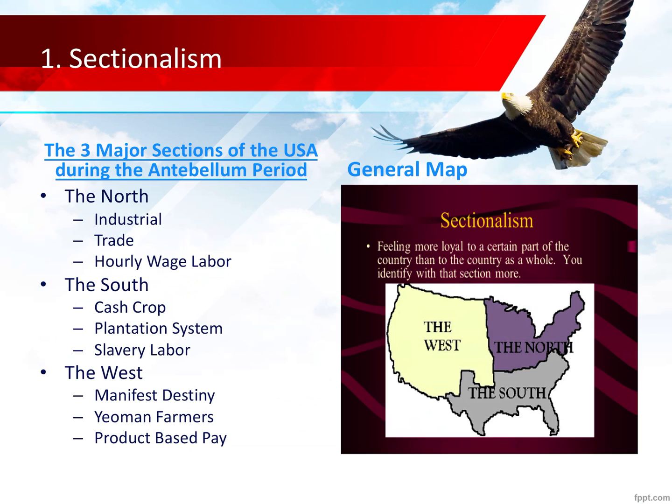In the North, you're going to have factories begin to develop, and they're going to focus on industry and trade. And the big industry in the North is going to be textiles. Textiles are the making of cloth, and they're going to introduce an hourly wage system. Now, today, getting paid by the hour is normal, but this was new to this time period, and the Industrial Revolution, or the making of things with machines, really makes this happen.